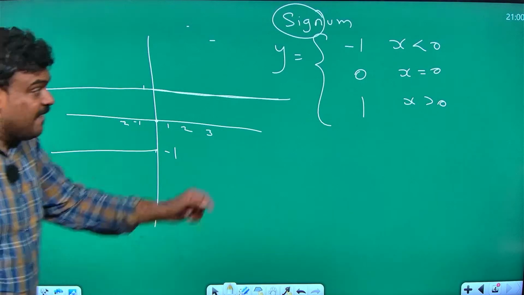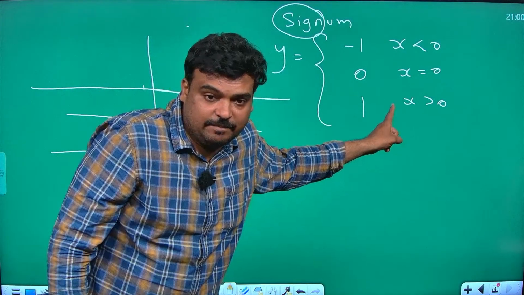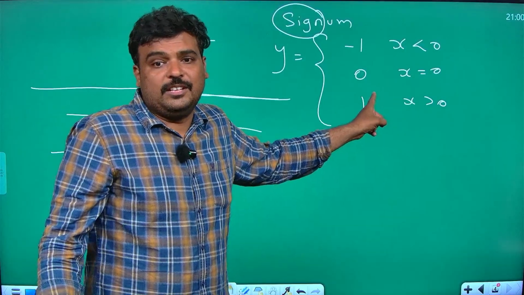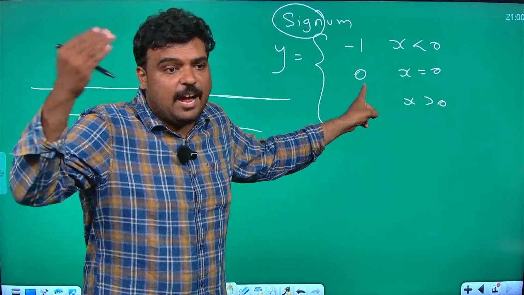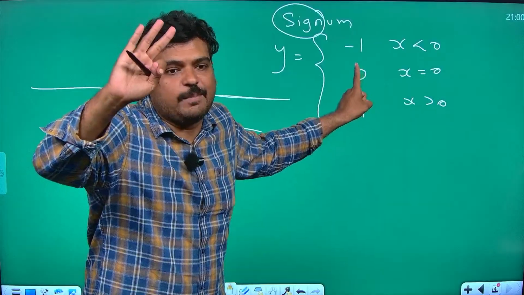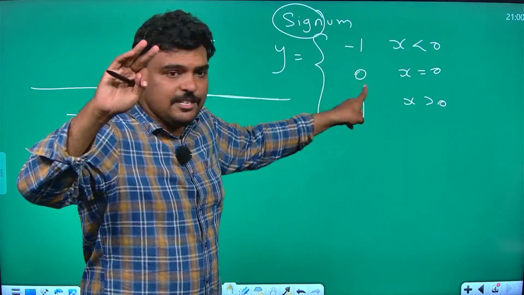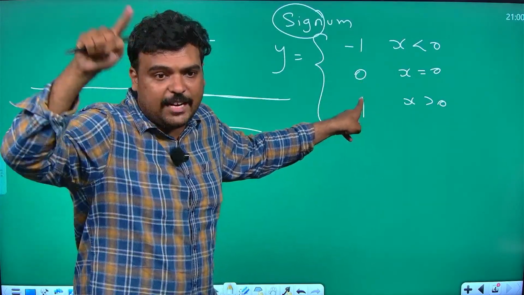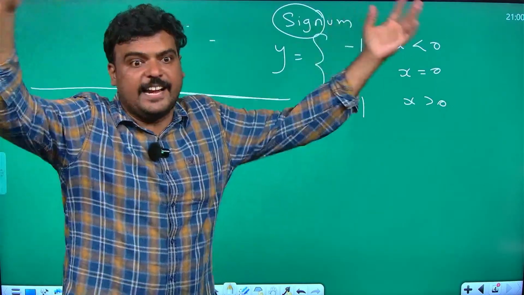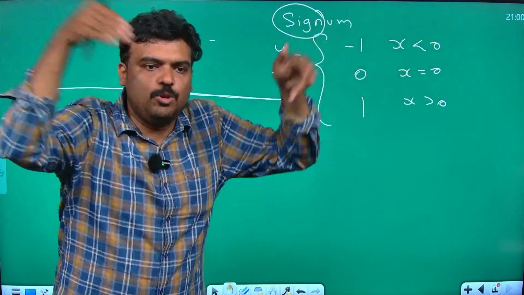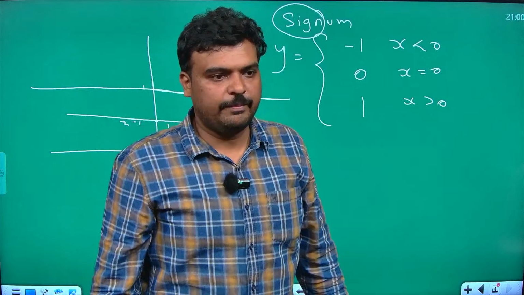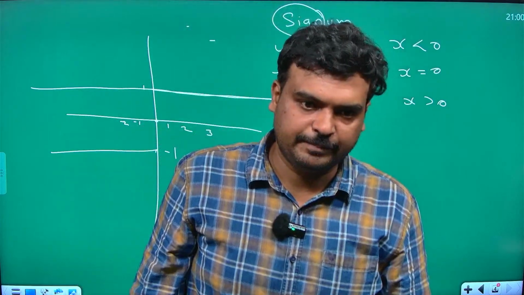Okay guys, whether this is an onto function? No. Why? Because all real numbers could come as output, but I got only 3 numbers as output. What are they? -1, 0, 1. My range is -1, 0, 1, but my codomain is the real numbers. So it is into. Are you getting this, guys?